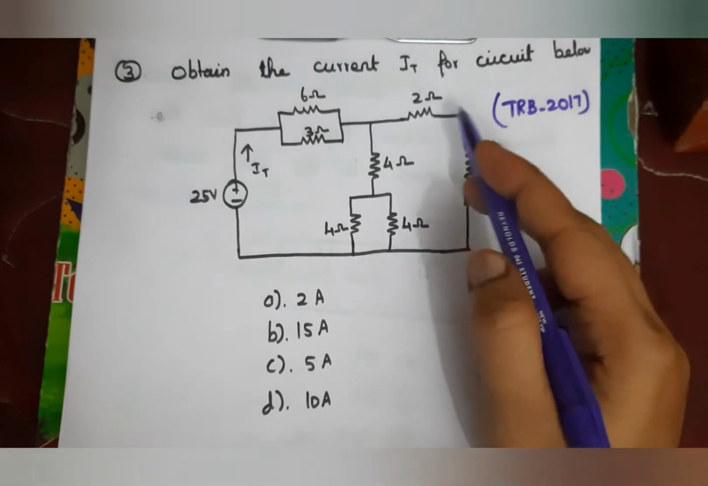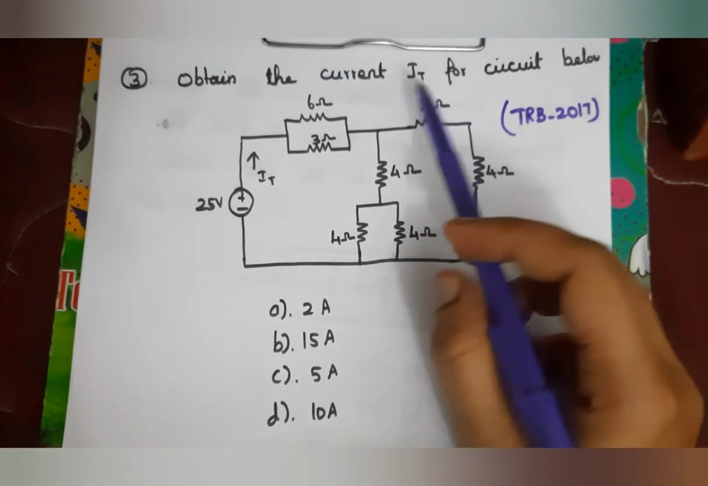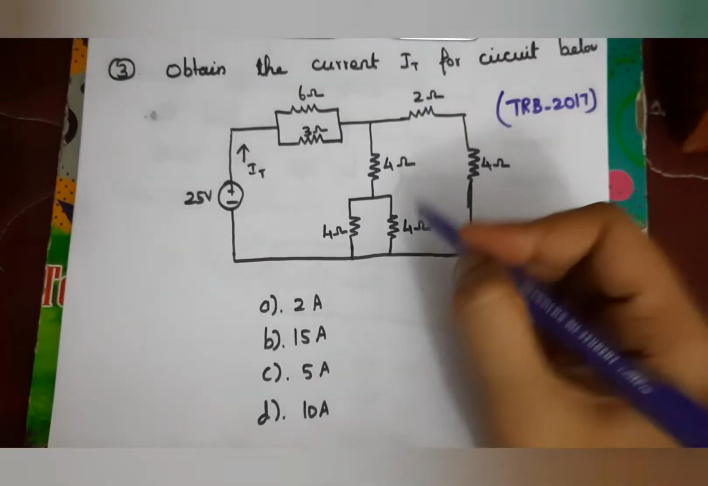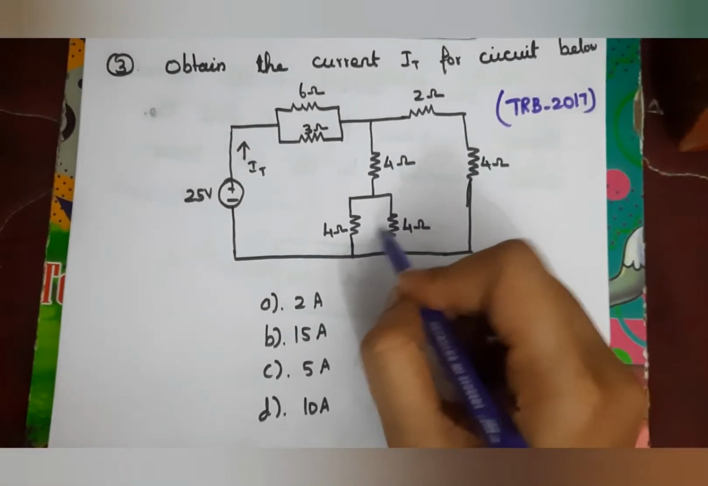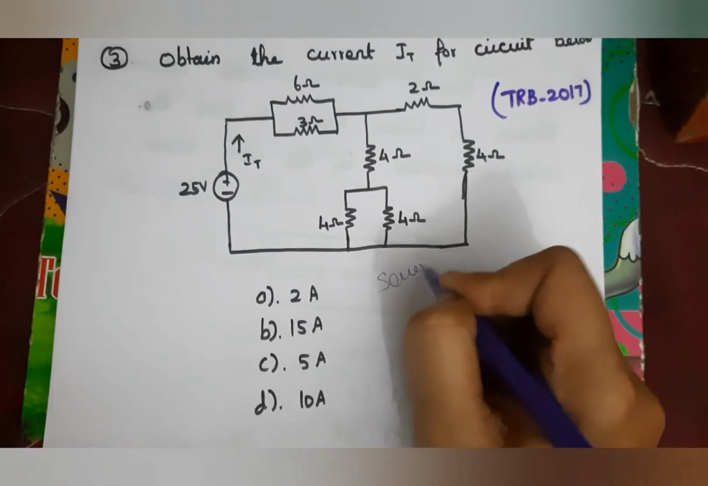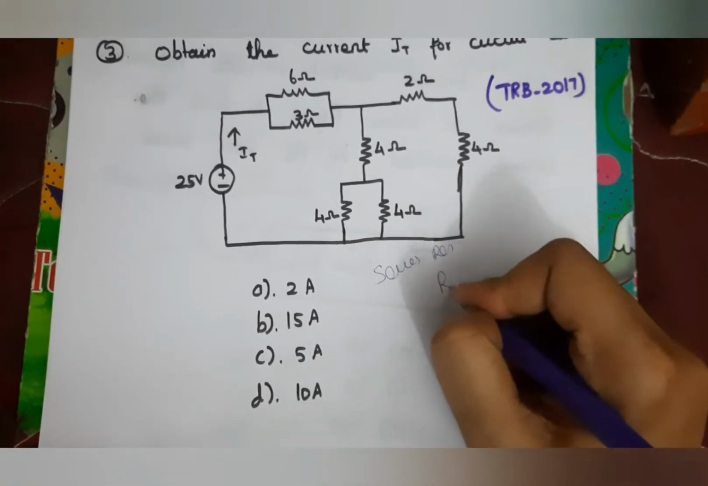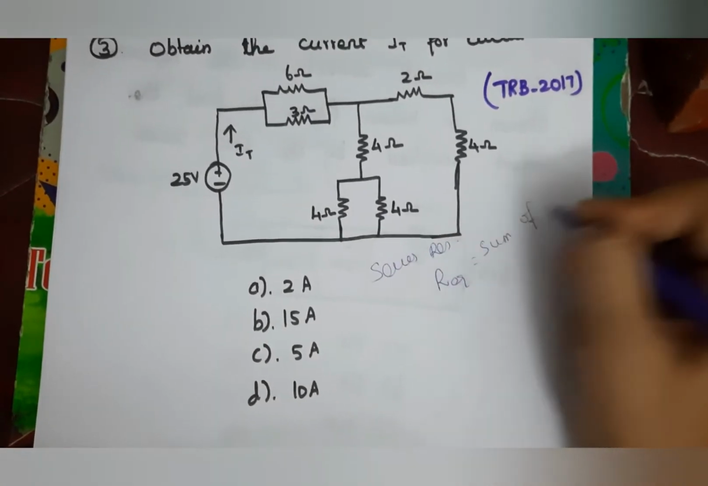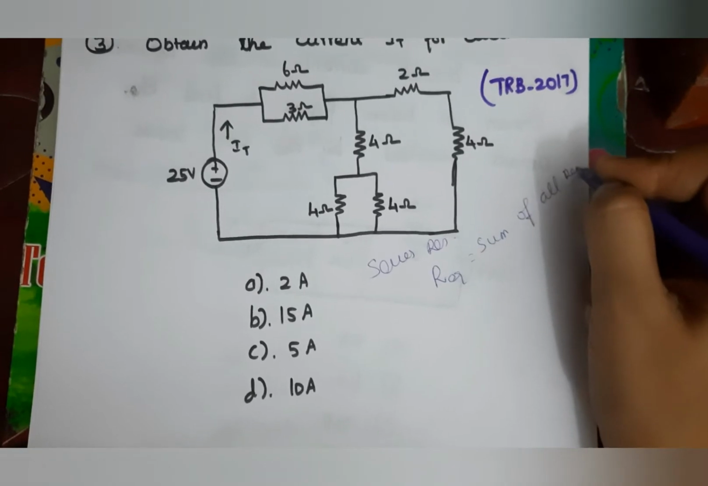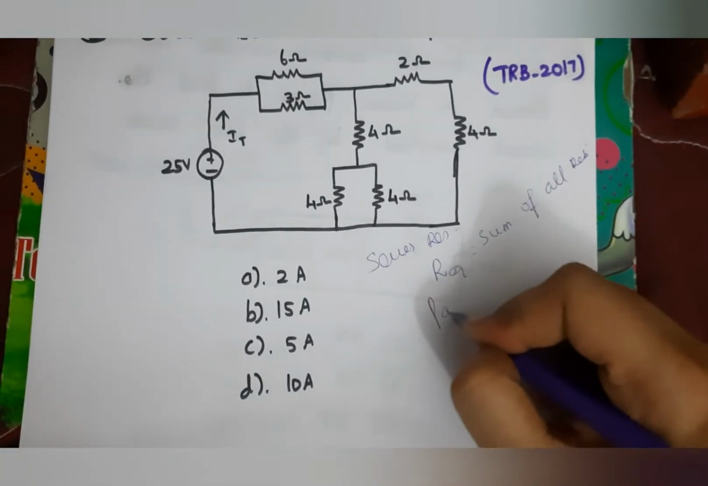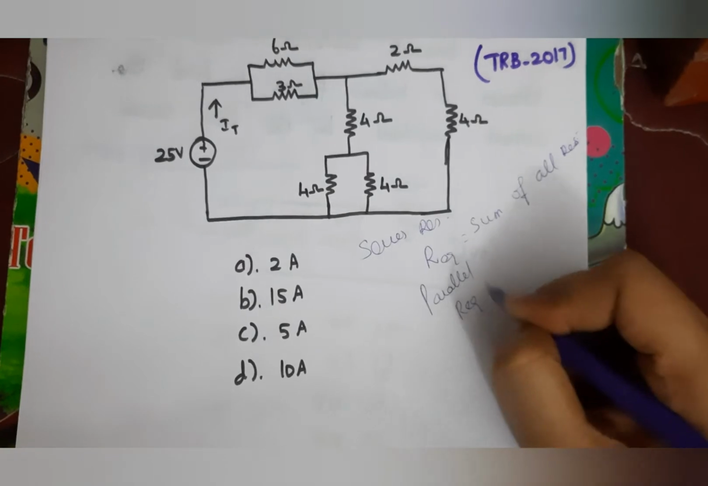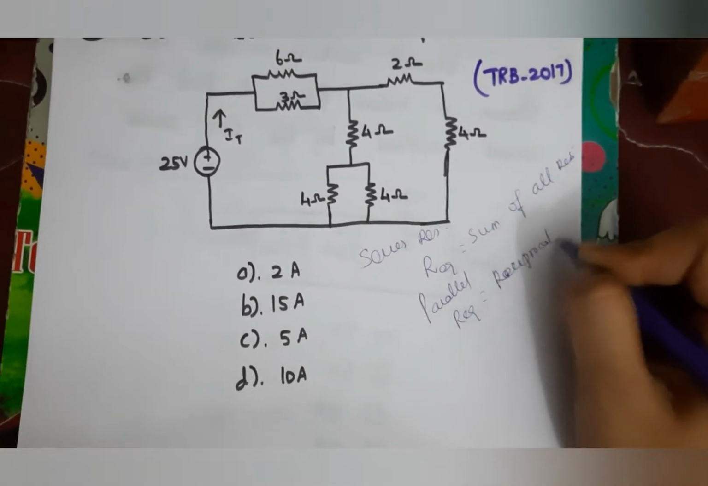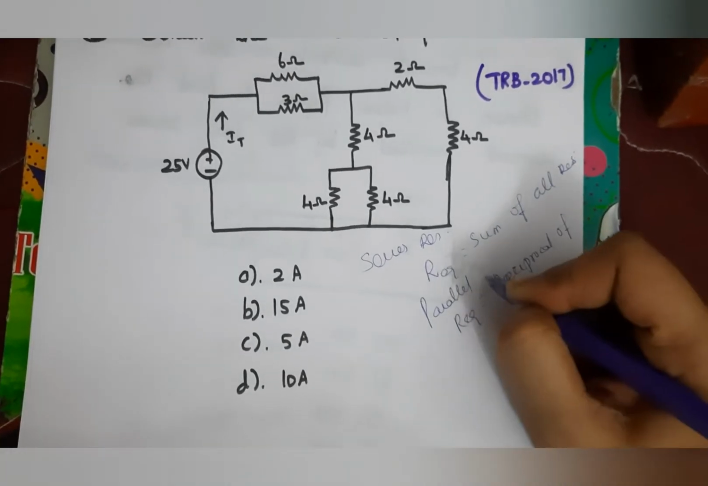Next question, obtain the current IT for the circuit below. And we know the parallel resistance and series resistance. First, for series resistance, the equivalent resistance is equal to the sum of all resistances. And for parallel, the R equivalent is equal to the reciprocal of the sum of reciprocals of all